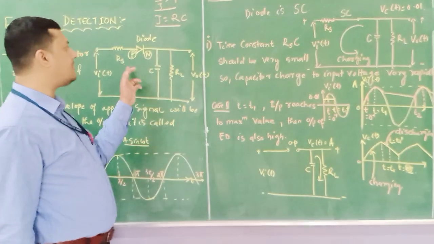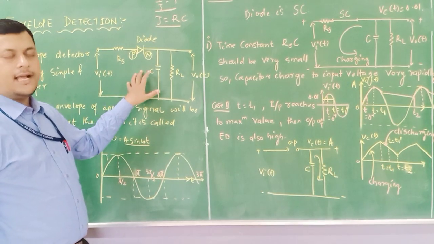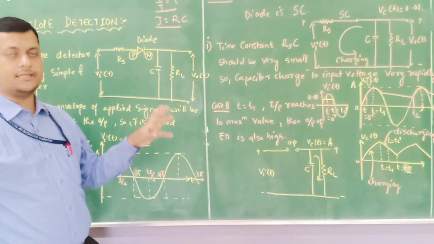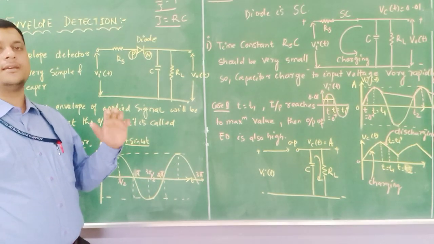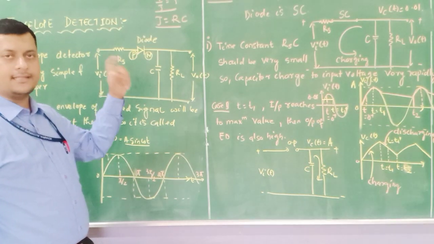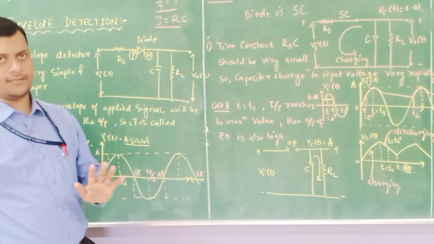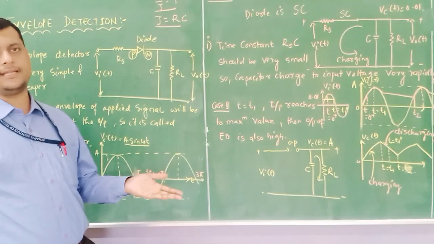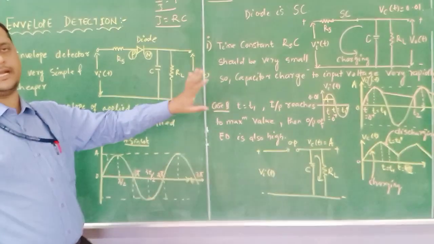So this RC component plays a vital role in order to identify the modulating signal as well as the carrier component, because we are receiving the modulated signal which consists of the carrier as well as the modulating signal. So our device needs to be synchronized or friendly with the received signal so that it will identify the presence of carrier as well as the presence of modulating signal. Now here first we will analyze what is the envelope detection, then we will provide the AM signal to the envelope detection, and we will identify what is the output of the envelope detection.